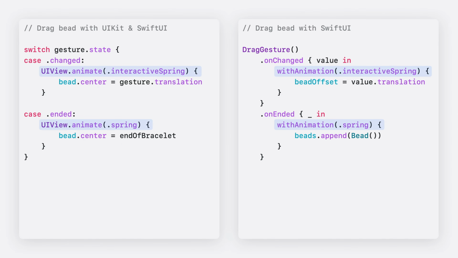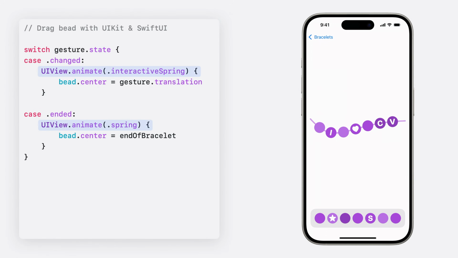And now, this same technique can be applied when animating UIViews, where the same SwiftUI animations can be passed to the new UIView animate method. As I drag across the screen, the gesture is continuously firing change events as my finger moves, and each of these events creates a new interactive spring animation, each new animation retargeting the last one. Then, when the gesture ends, a final non-interactive spring animation is created. This spring uses the velocity from the interactive springs to carry the animation forward with continuous velocity. Don't you just love continuous velocity? Like, it's the best! And that's it for animations and transitions.